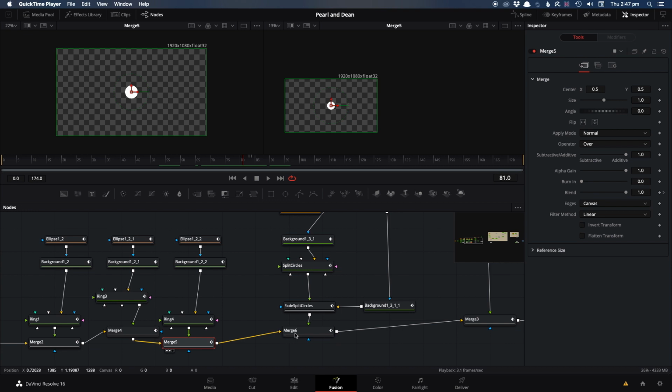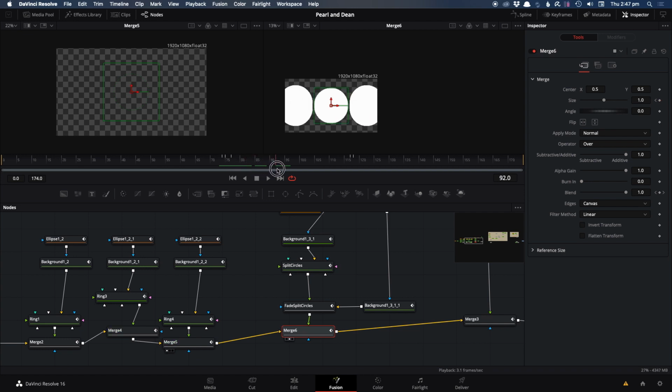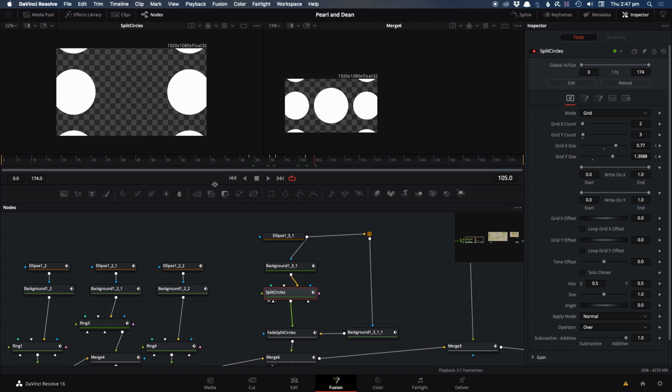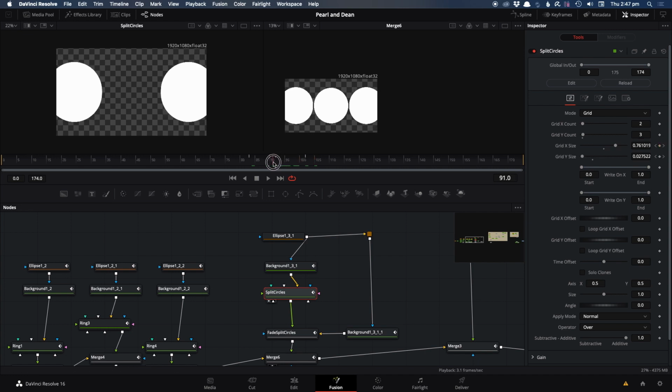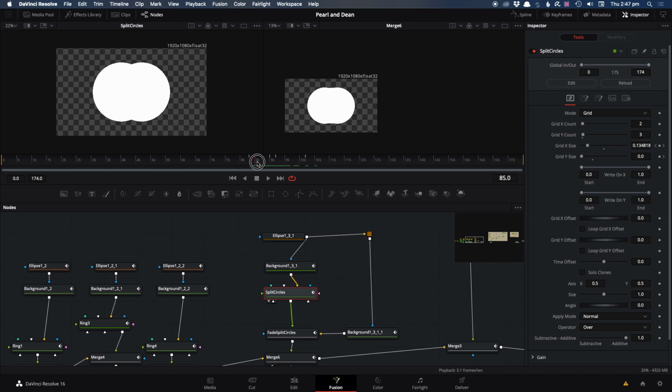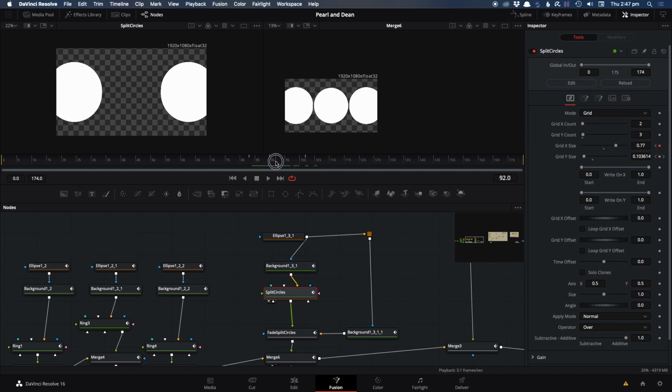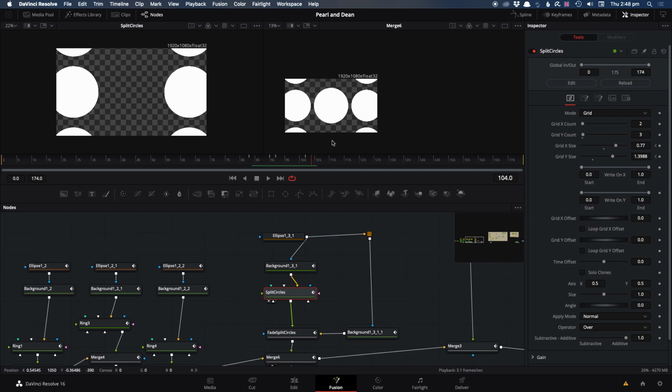So looking at the next merge, these are some big circles that expand like that, and that is done using a grid cloner. I may sound surprised because I'm trying to remember how I did this. So it's a grid cloner, and the X size is animated, and then the Y size is animated to create that effect. But there's also